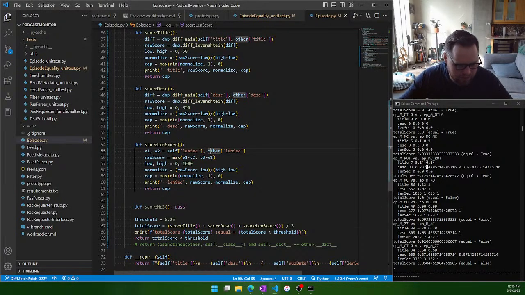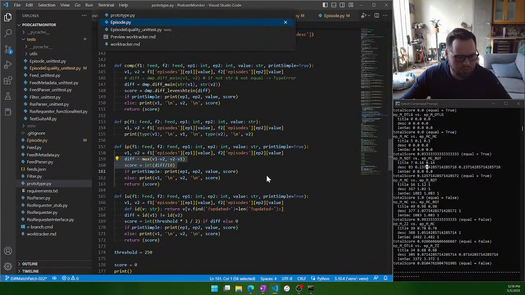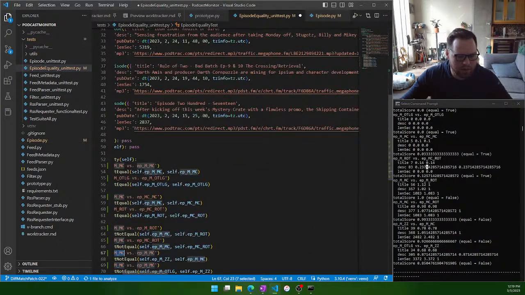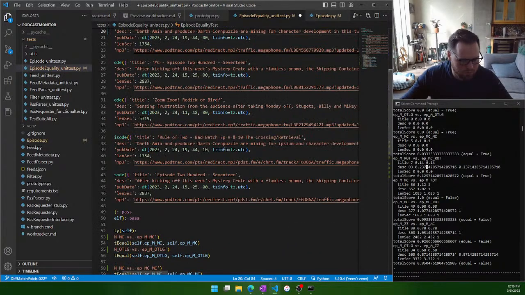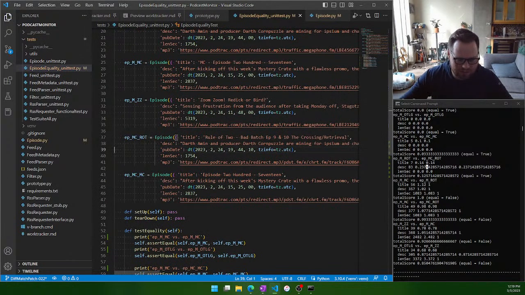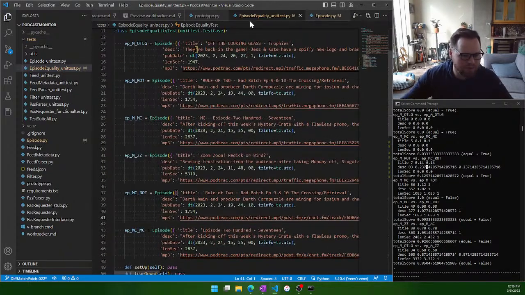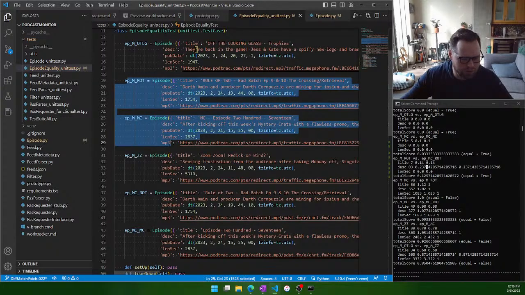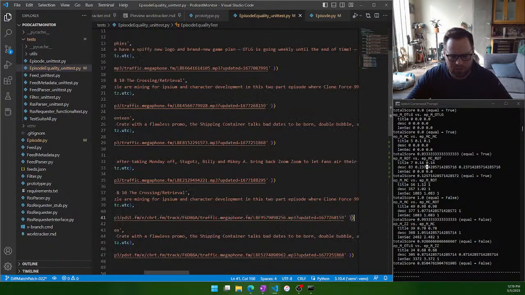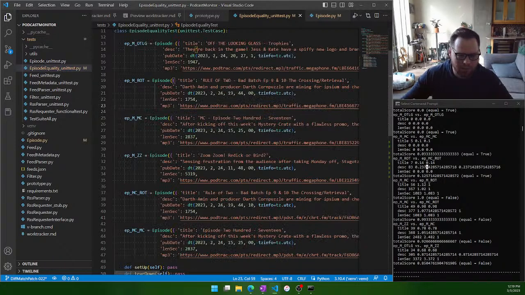So then let's come back in here. We'll invert that again. All right, and the last thing to consider is these, right? So if we look at these two compared to these two, there's just the one in between them, right? So if we look at this, a bunch of this here is the same, but this different feed has a completely different